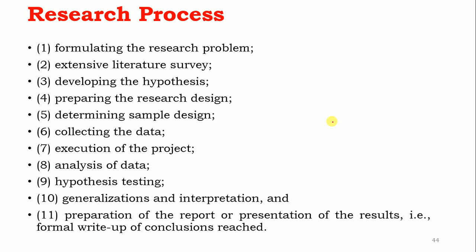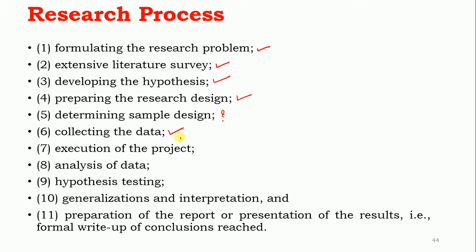Okay, so here these are the steps we have just now discussed. The same steps are present over here. You can see that formulate research problem was the first step. Extensive literature survey, second. Develop the hypothesis, third. Preparation of research design is the fourth. Determination of sample size, actually this was not present in the previous block diagram, but this is part of research design.